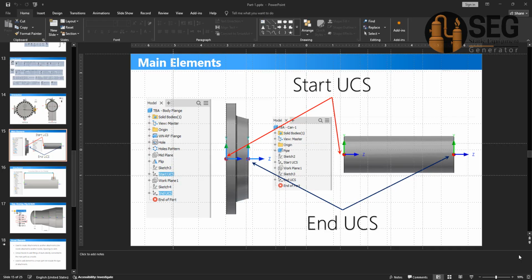In this video, inshallah, we will discuss the concept of the UCS, which is the User Coordinate System. This concept is used in SEG software to define the start and the end of each main element. Like here in this image, for the flange, as you can see, we have the start UCS and end UCS. The start UCS is located at the beginning of the element